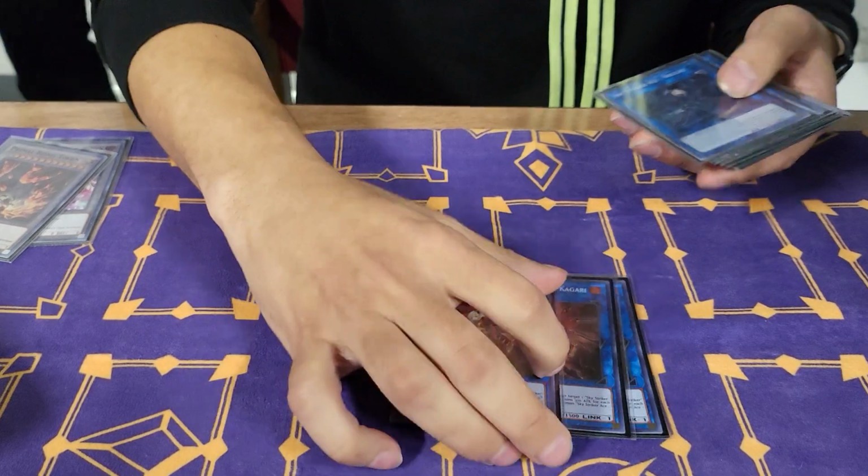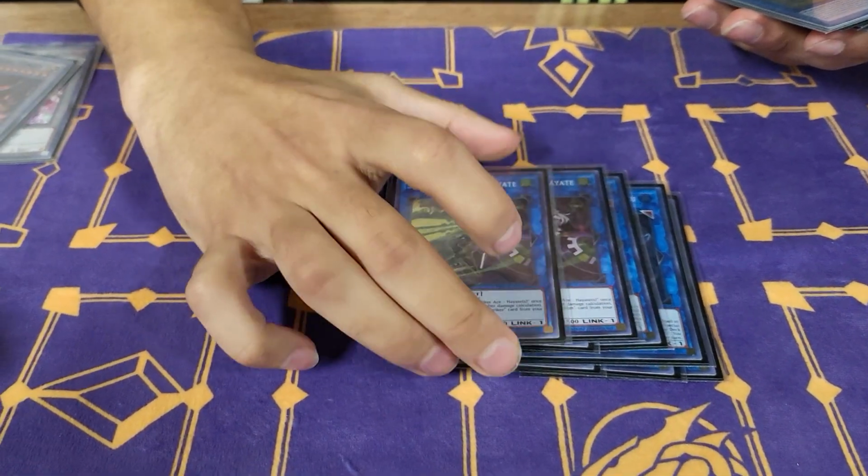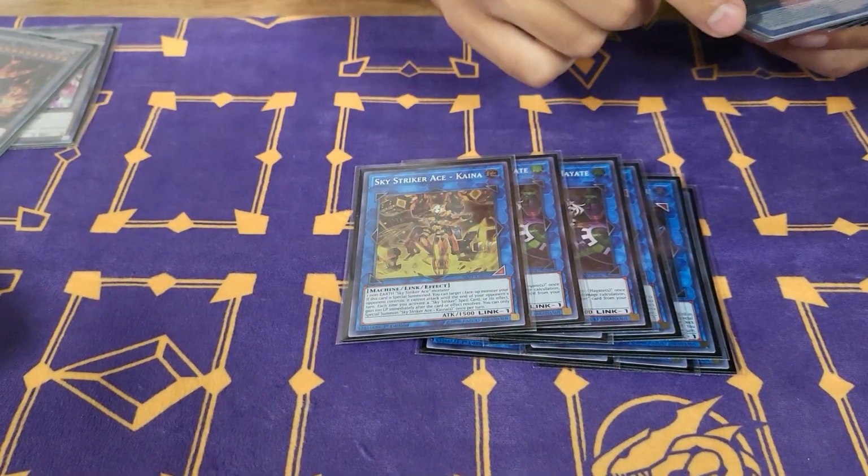Alright, so standard: 3 Kagari, 3 Shiz, only 2 Hayate. You don't need the third. If you need a third, you're not playing the deck right. Kayana, Zeke,